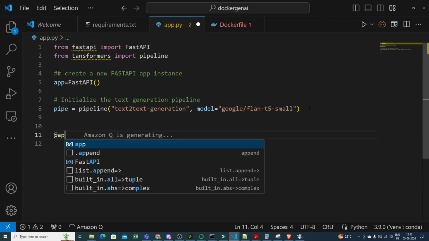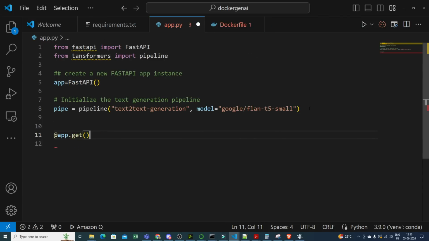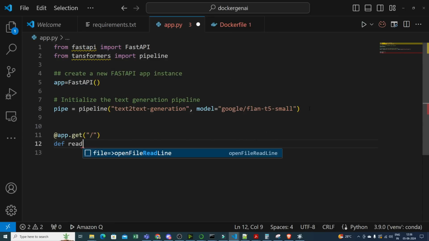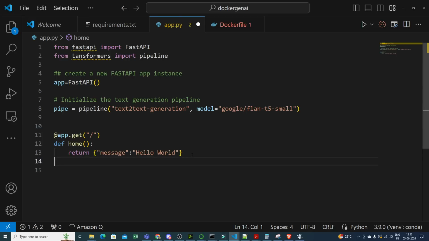Okay, now I'm going to probably go ahead and create my first route, which will be my home page in my FastAPI. And let's say I'm going to basically go ahead and write, so this will basically be my home directory, right? And let's return this particular message saying that message is hello world, something. Okay, I'm just displaying some return message for the home page, so that I'll be able to see whether